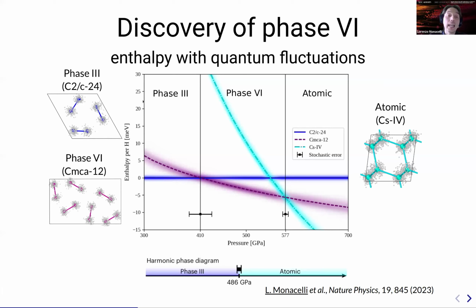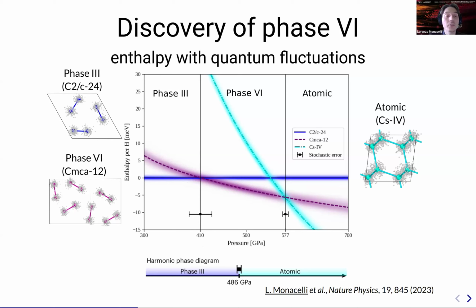I plot here the enthalpy on the y-axis as a function of pressure. I report only the phase that wins the race for the ground state. The ground state is the one that at fixed pressure has the lowest enthalpy, so the lowest curve in this plot is the ground state. As you can see, at low pressure we recover phase 3, which was discovered by Grispikar et al. for the first time. And indeed, this remained the ground state for a wide range of pressure, up to 410 gigapascal,